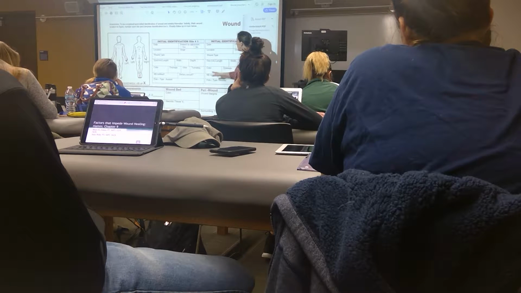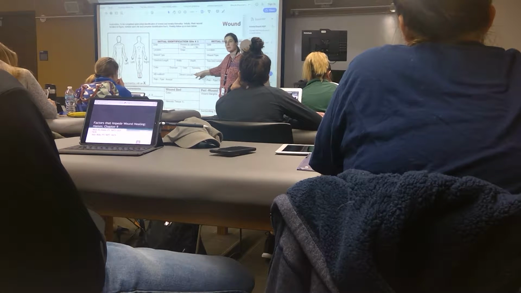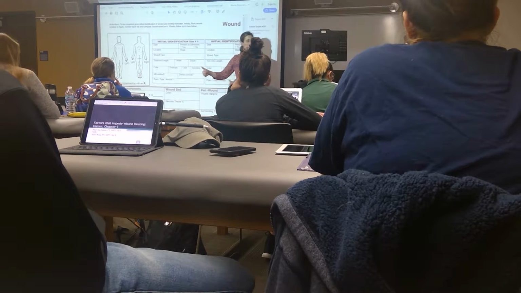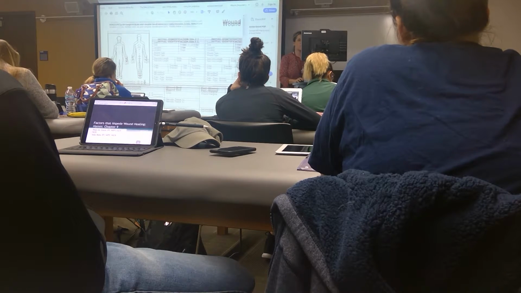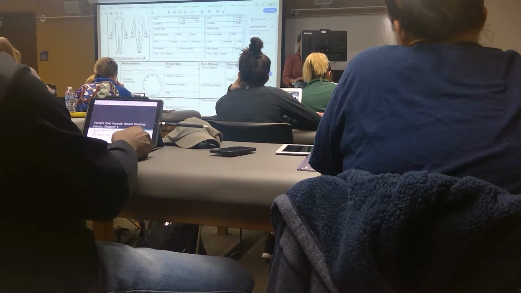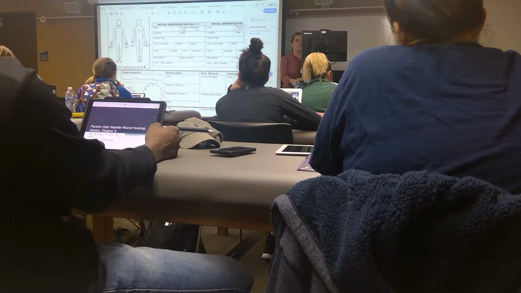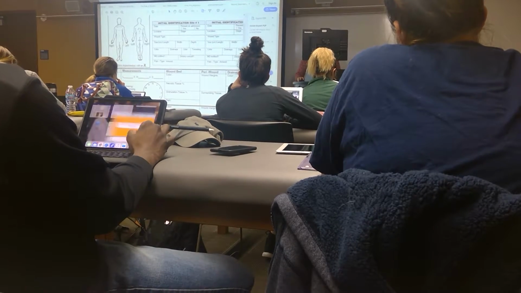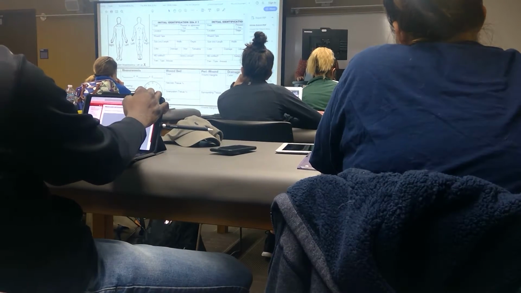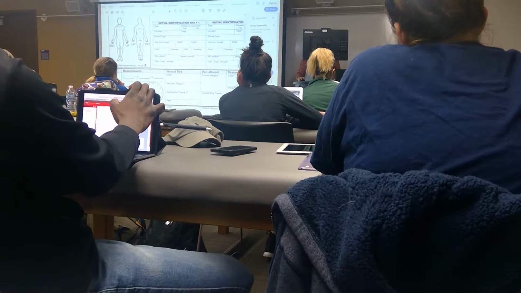is there any cavity. Now, what I don't like about this is it doesn't have anything else besides tunneling. Undermining is not listed, is it? It might say it won't stop. Hold on. Oh, yeah, it does. So here's the general initial identification. So this form works with initial identification,